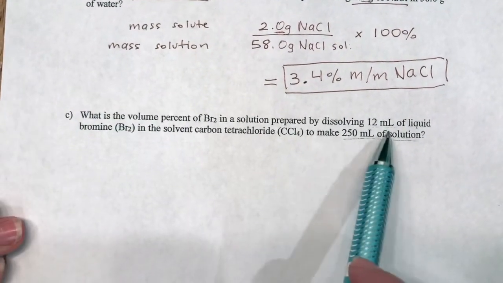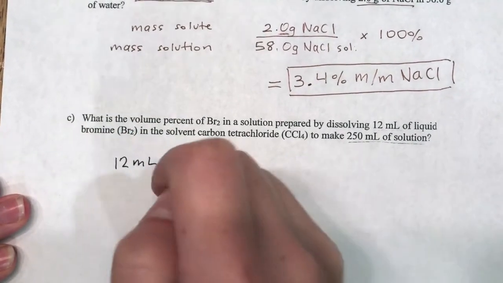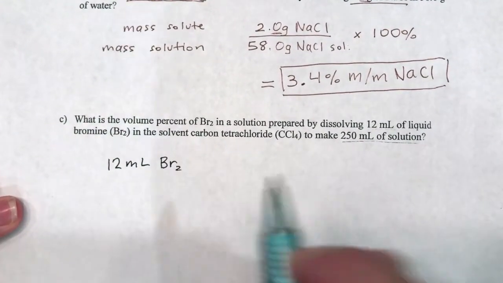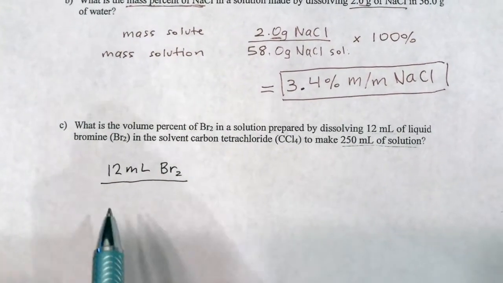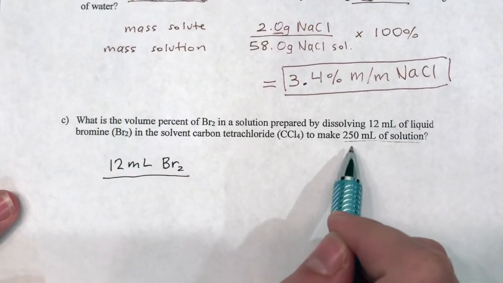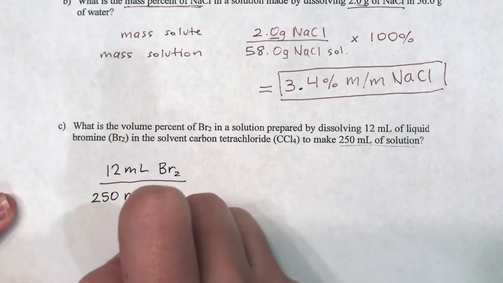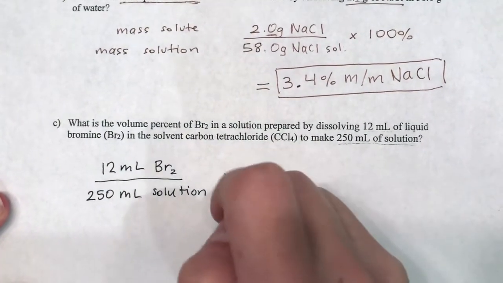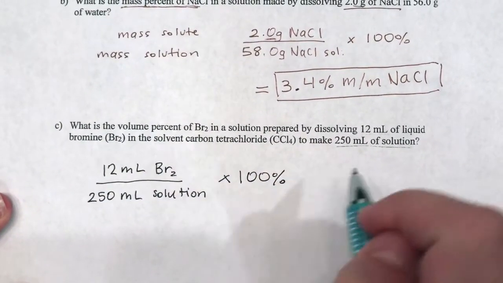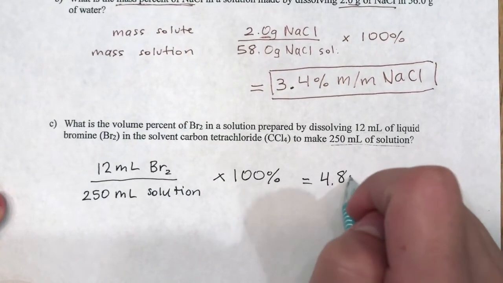So the volume of the solute is the 12 milliliters liquid bromine over the entire solution, which they give us as 250 milliliters solution. And you multiply that by 100%, which will give you 4.8%